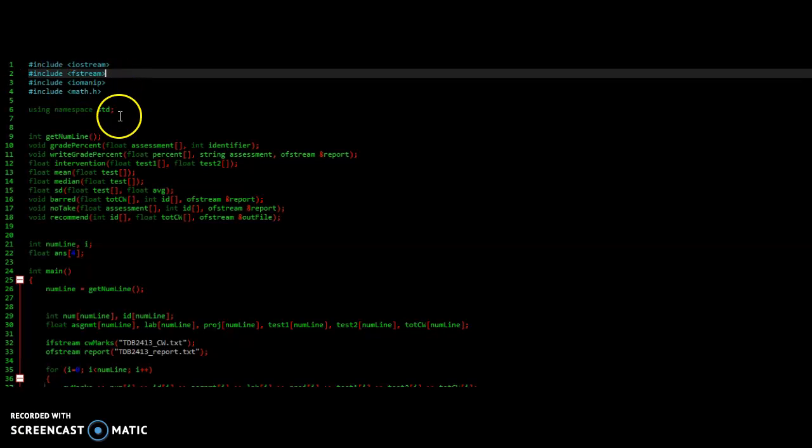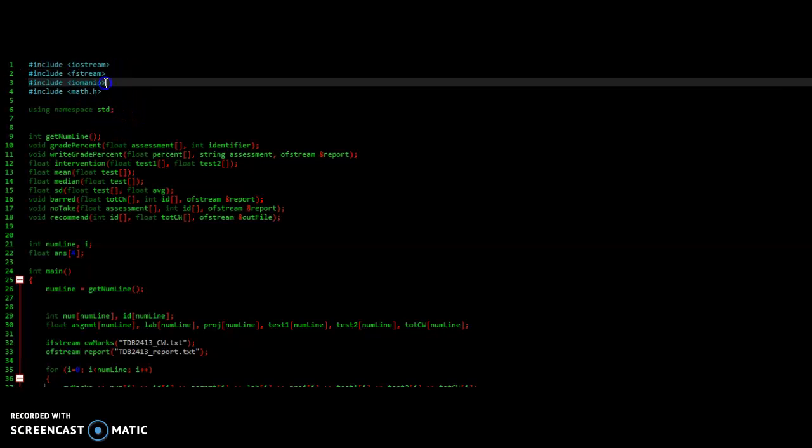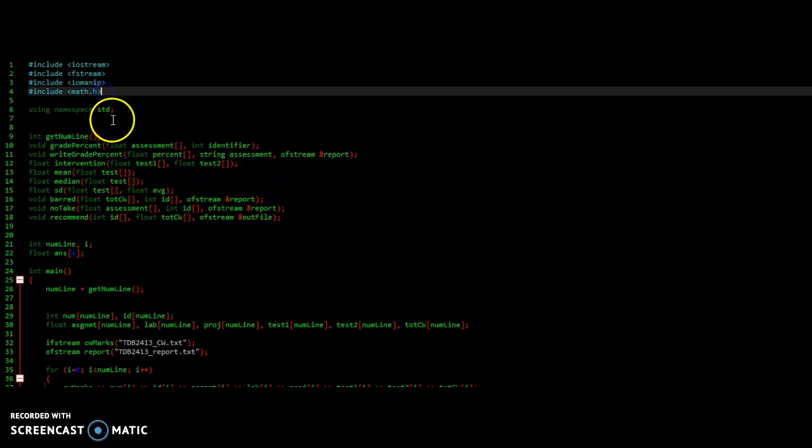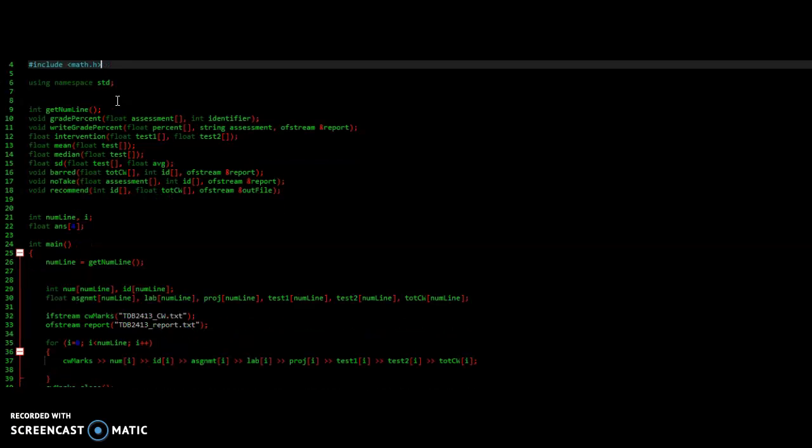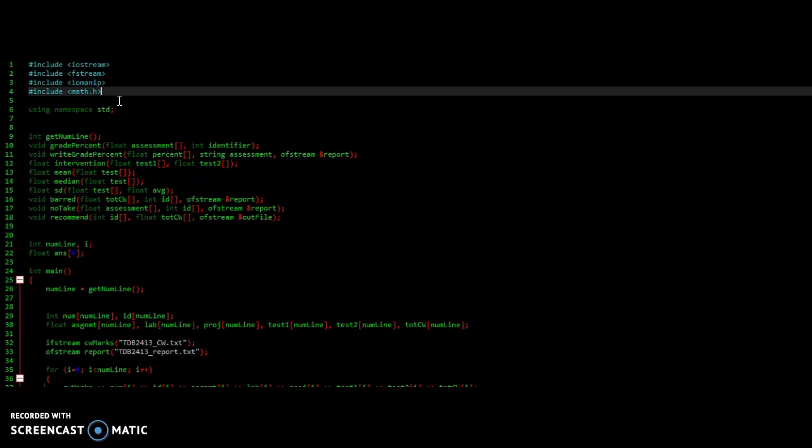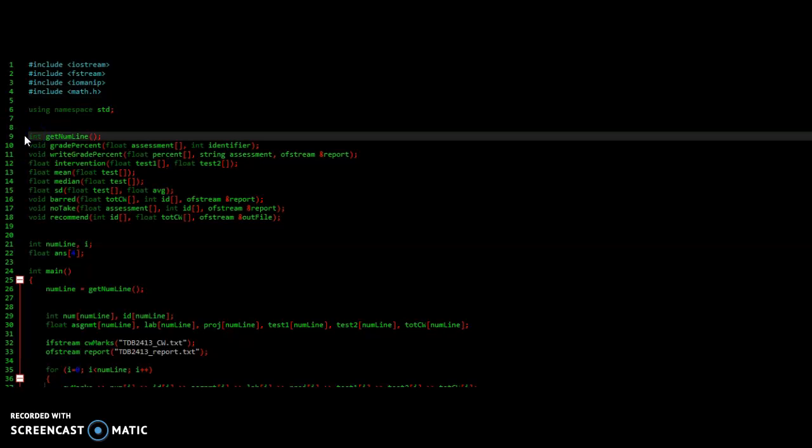Fstream is for any in-file or out-file purposes. Iomanip is for anything like setprecision. Cmath is for square root and square, which we use to calculate the mean and the standard deviation. All right, so this is